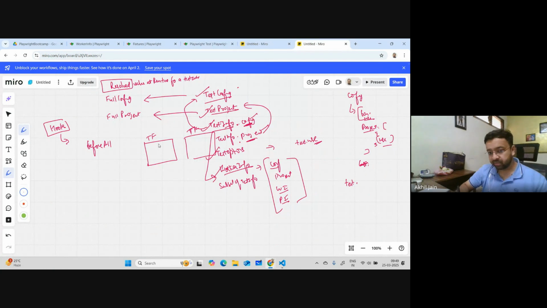So let's say we have 2 test files, and you have test case 1, test case 2, test case 1, test case 2. If you have these 2 files, Playwright will assign 2 worker processes to it, worker 1, worker 2, let's say. Now, if you have set before all, you provide this hook here and mention some steps, like go and delete this user, go and add this. What will happen is, this particular thing will get executed for every worker,